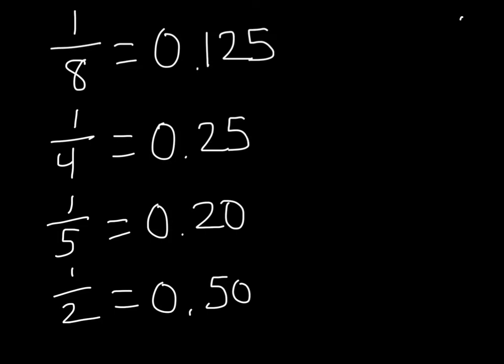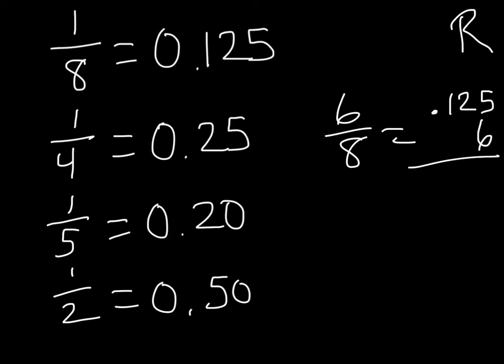On the remembering side, you might want to just pause this screen for a second. I have here the reminder of which each of these fractions is equal to. So let's say that you need to find 6/8, which isn't one of the choices. If I need to find 6/8, that's saying I need to find 1/8 6 times. So I would take this decimal number and multiply it by 6. So if you're trying to find, now some of the answers are right there, like 1/2 is right there. But if you're trying to find 3/4, you're either thinking to yourself, oh, 3/4 equals something, or I can multiply